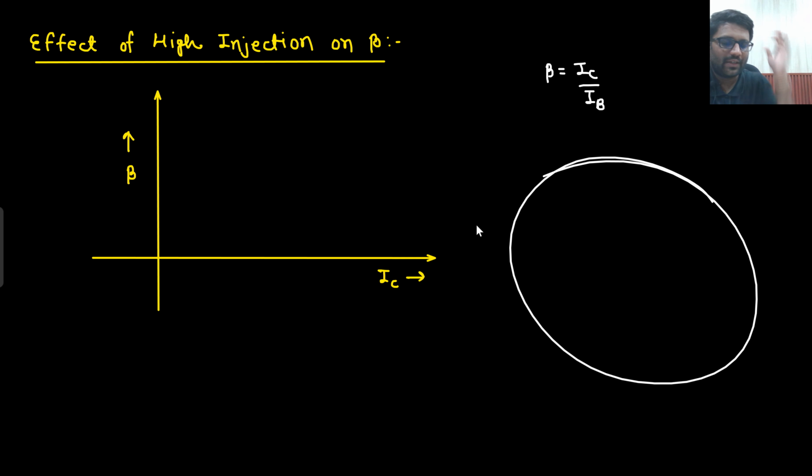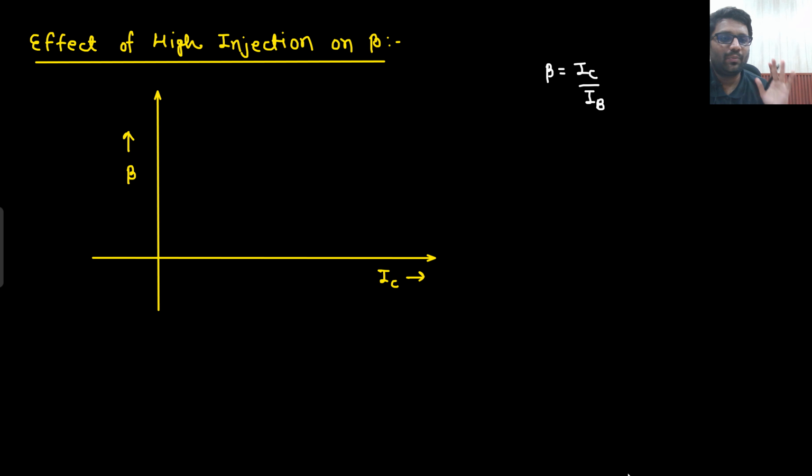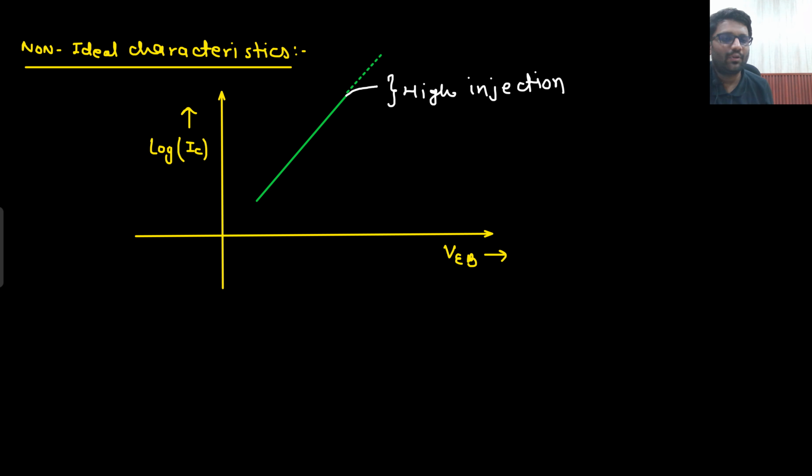I will give you some space. There you can write down the theory. But eventually you need to remember the graph. In the examination, what will they do? They will simply make the graph and ask whether this particular graph is correct or not. That's it. Basically, for a non-ideal PNP BJT,